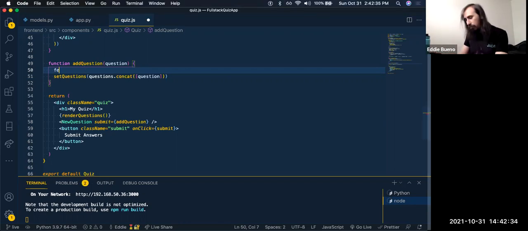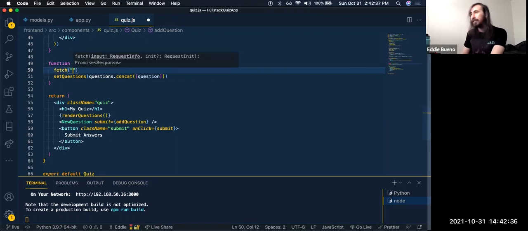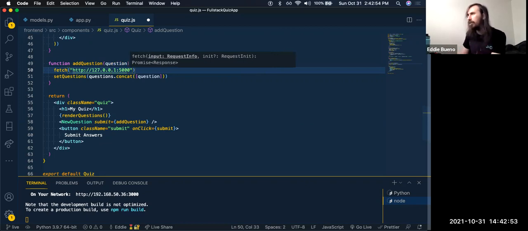Here we're going to be doing fetch. Again, we need the same URL. It's going to be the same localhost, 127.0.0.1, with a port of 5000. I'm pretty sure you can use localhost too, but I prefer to write it out fully just to make sure. It's going to be the same route,